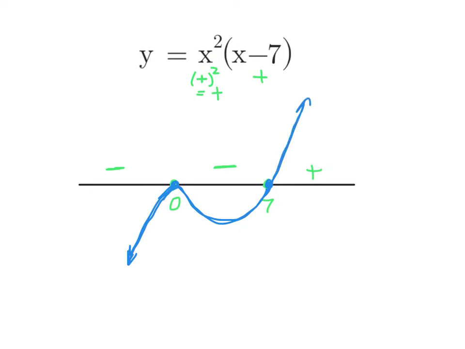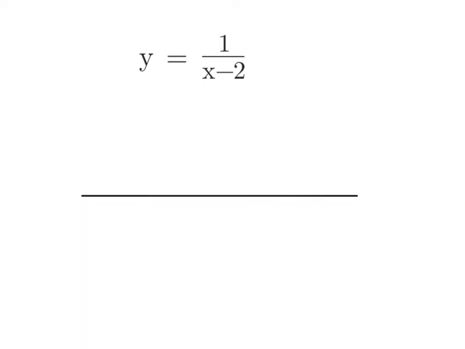And we get this familiar S shape that comes with all cubic functions, but we notice that that 0 at x squared, that's a double zero, and to the left and to the right of that 0, our function stays below the x-axis. Now, when it comes to a rational function, we got to be a little bit more